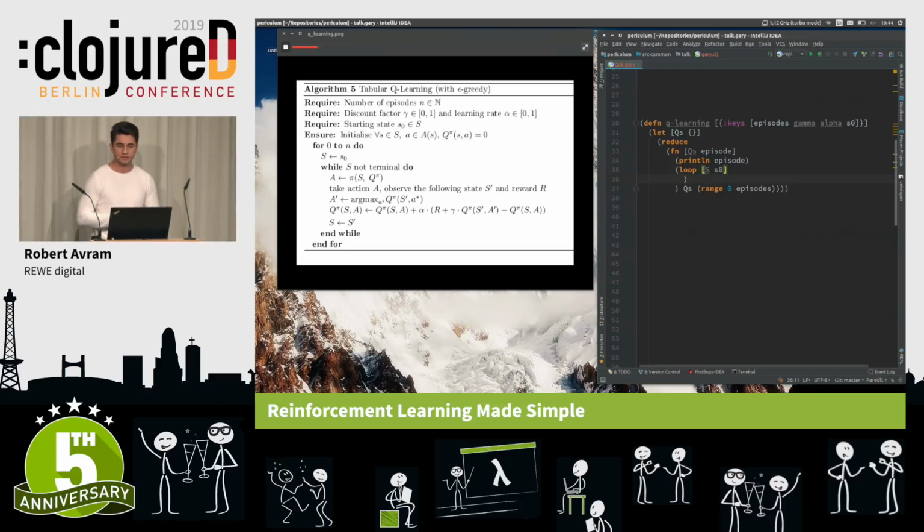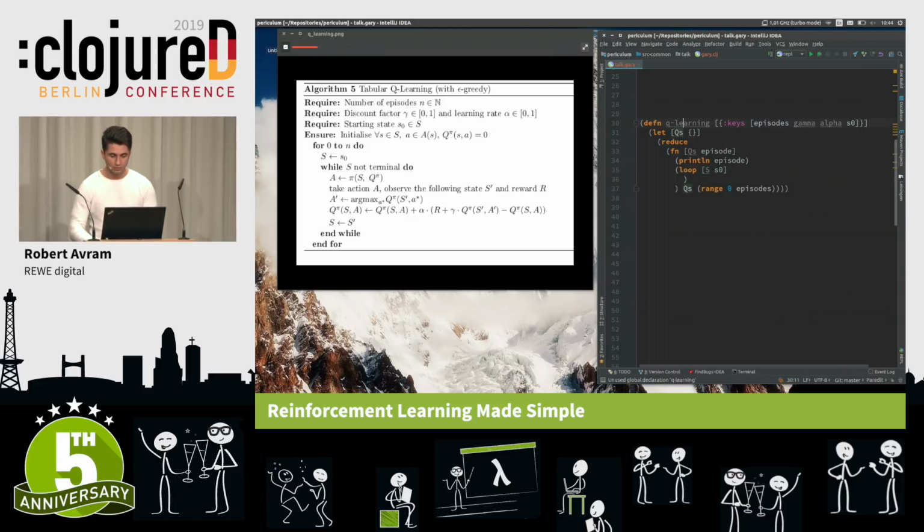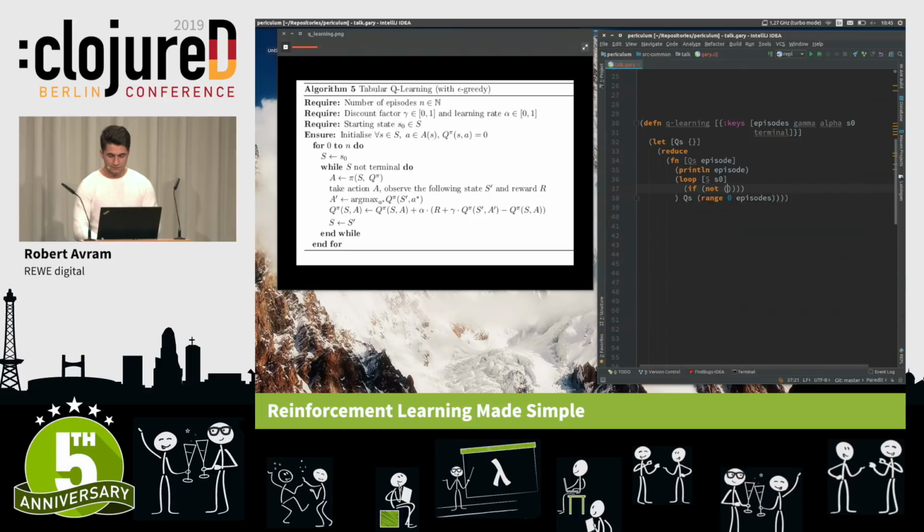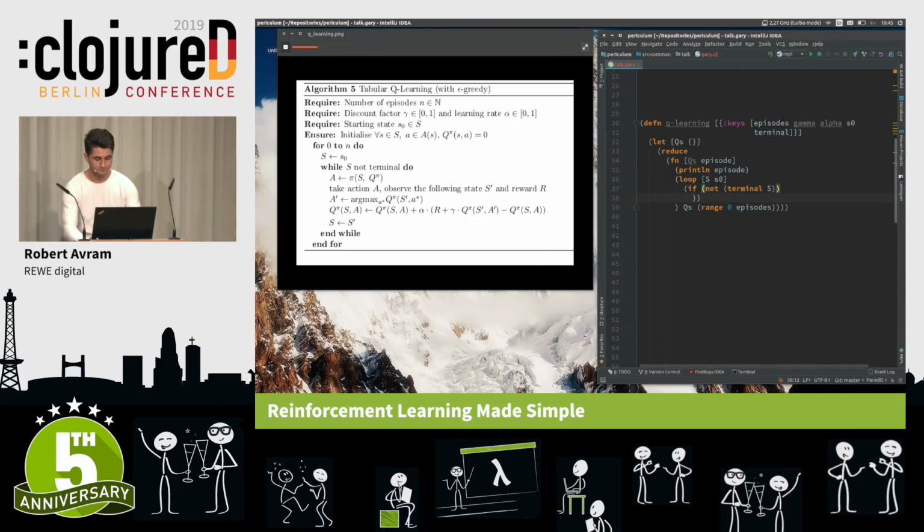Now, this terminal thing seems like one of the quantities that I've defined before. And I've told you you can think about it as being a predicate. So why not model it as a predicate? And why not say that I'm going to receive it as a parameter to my function? And then I can implement this. I can say, if not terminal my state, then do something.